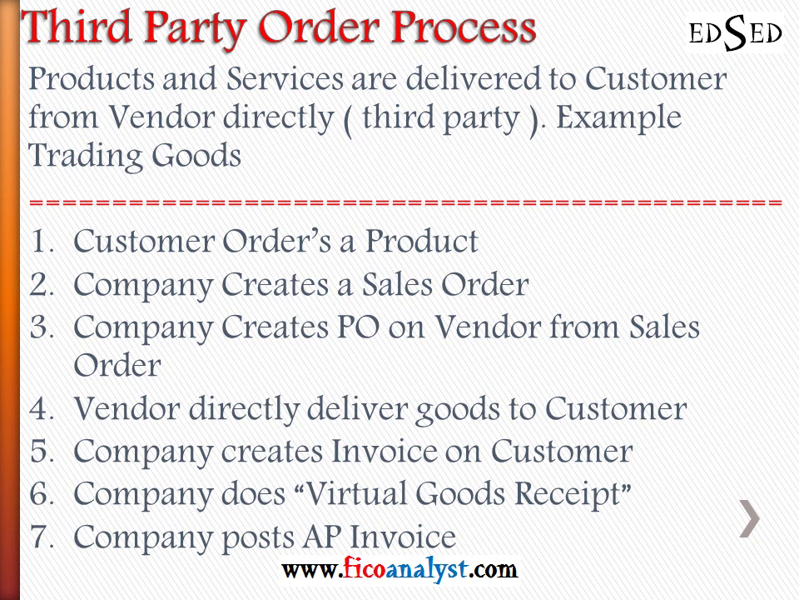In this case, the customer orders a product and the company creates a sales order on the customer. Then, since the company doesn't have this product, in turn it creates a purchase order on the vendor. This happens directly from SAP, the sales order. Once the sales order is converted into the purchase order, the vendor receives this information and directly delivers to the customer. After delivering to the customer, he informs the company that he delivered. Based on the information,